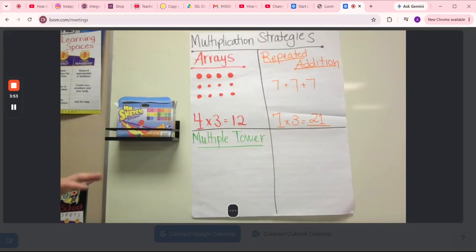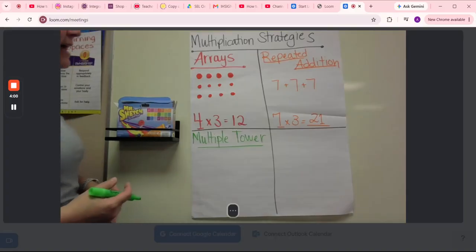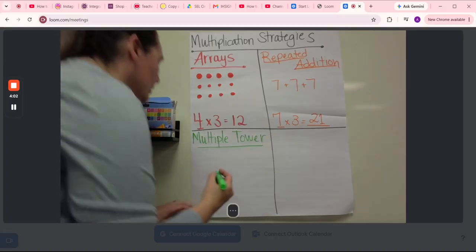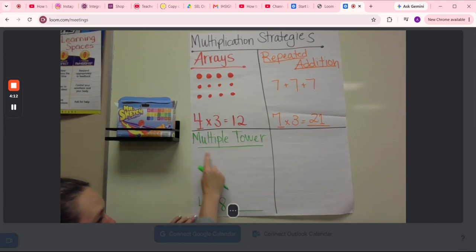The third strategy is one that we will use the rest of the year as well as numbers get larger. I call it multiple tower, which has that great vocabulary word for multiple in it. Now, this one, again, I'm going to use a different equation. You could use the same one over and over. So you could show them how you can actually count by both numbers and how you should land on each one. But the idea of multiple tower, why I connect those two, is my students often have a lot of